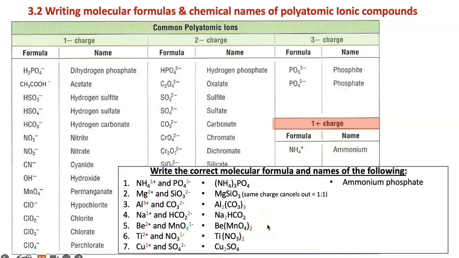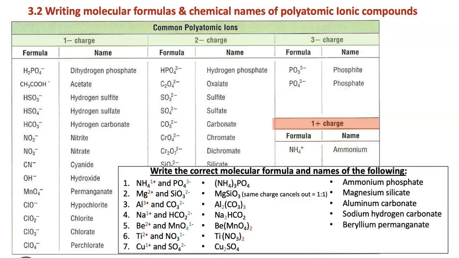And this is how you write their names. This is ammonium phosphate. We don't say triammonium phosphate, you just say ammonium phosphate. This is magnesium silicate, aluminum carbonate, sodium hydrogen carbonate, also called sodium bicarbonate, baking soda, beryllium permanganate,